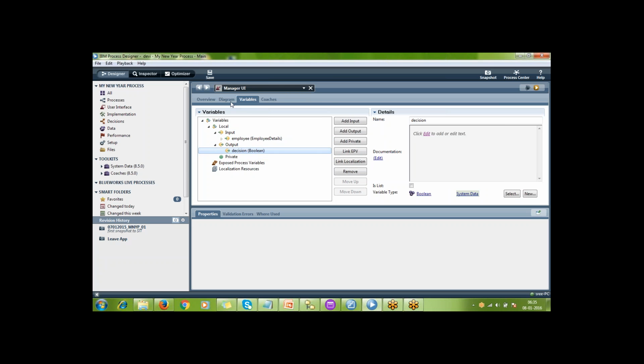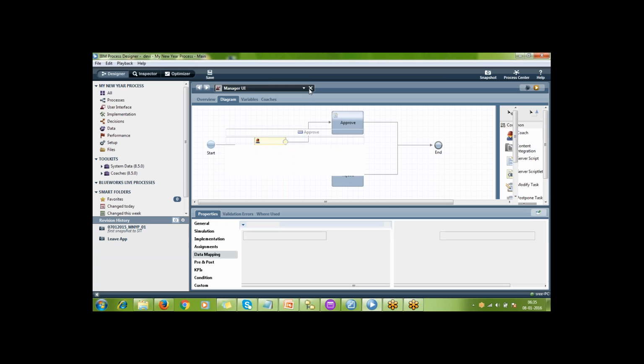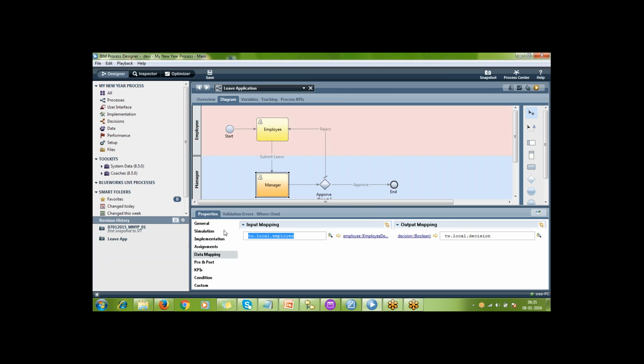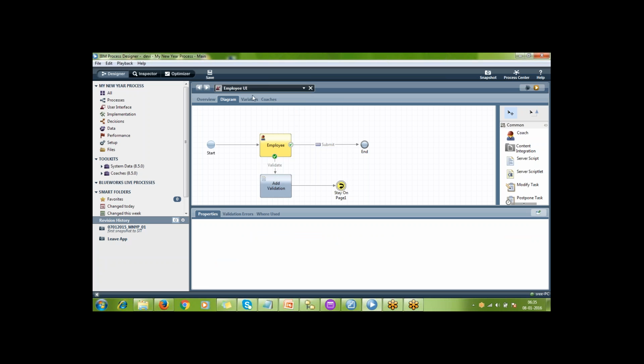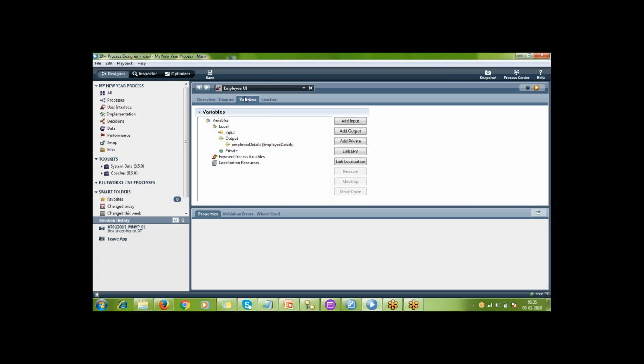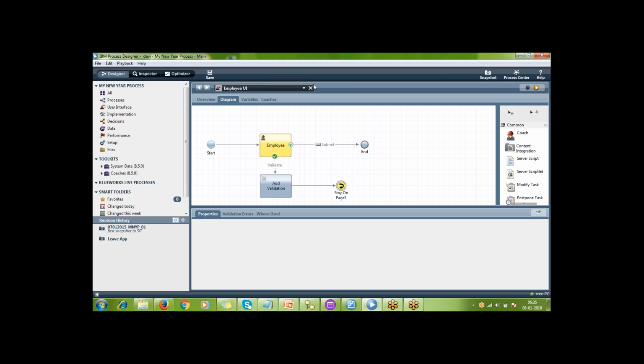Wherever that human service is used, you can see the data mapping, where you have to map the input and the output. Whenever in a BPD you use an activity, you will have data mapping based upon your inner service or process.